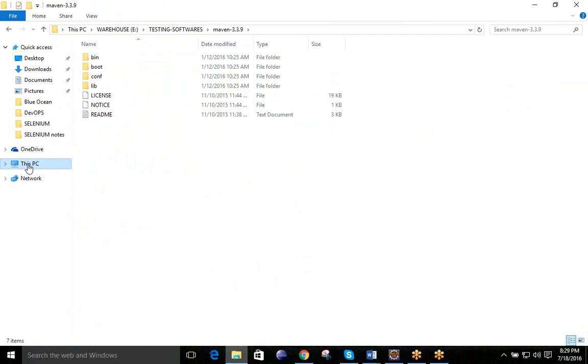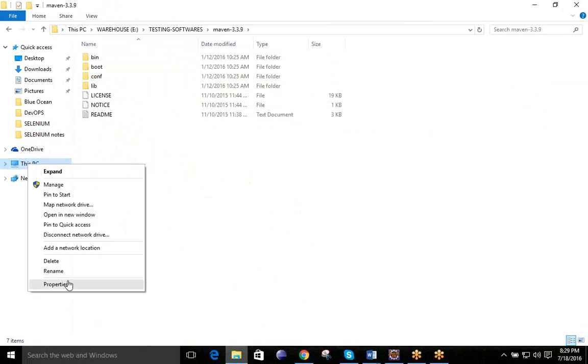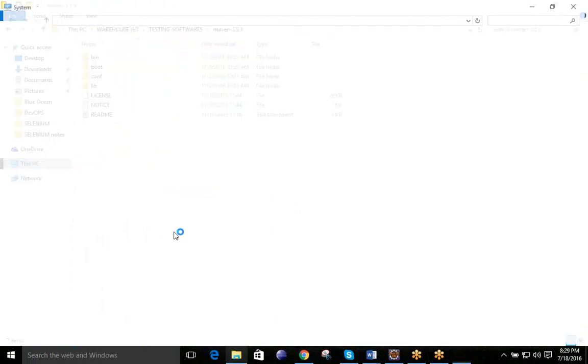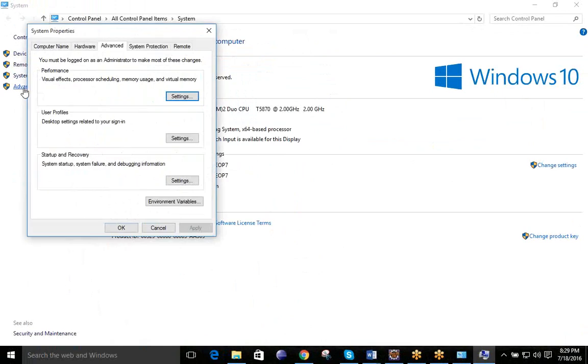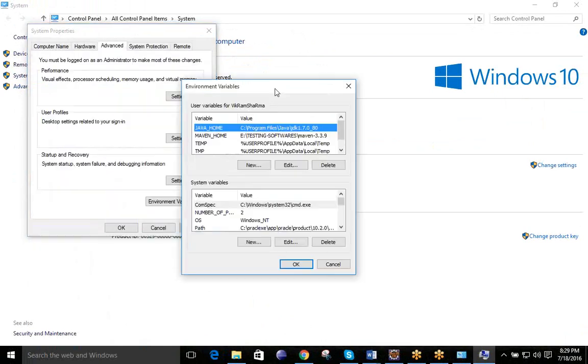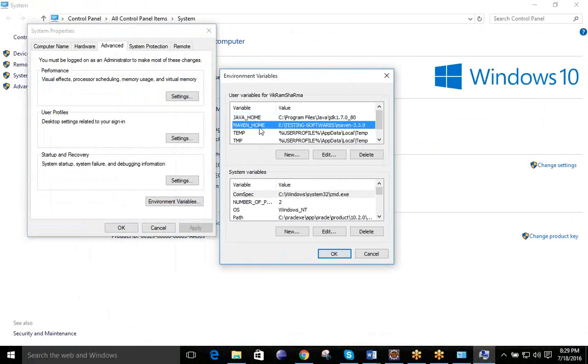How can you get that? Right click on My Computer or My PC, go to the Properties tab, go to Advanced System Settings, and go to Environment Variables. Here, initially you will not see MAVEN_HOME.